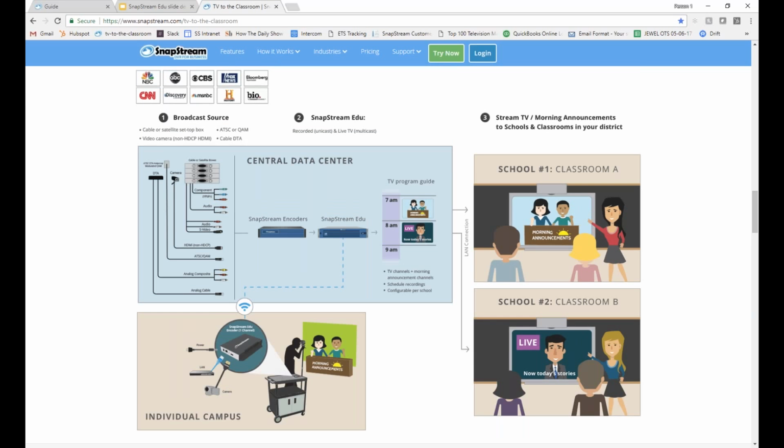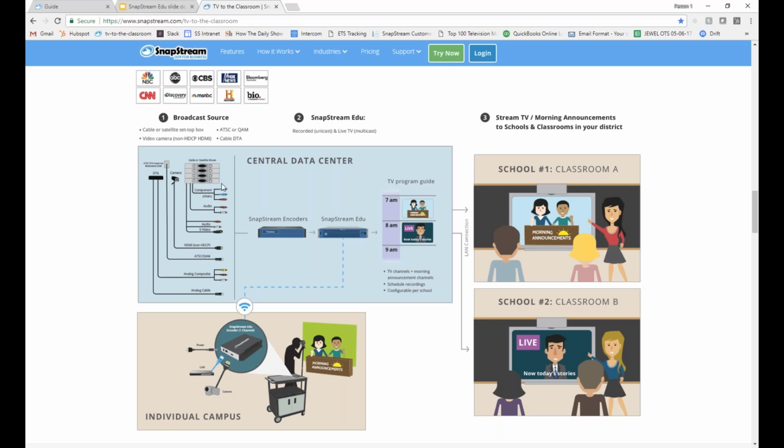So if you see this illustration real quickly, it is intended to illustrate that it's a 1-to-1 ratio in terms of sources related to the number of streams that you're sending out over your network. So in the case of this camera feed right here, that can produce 1 channel of internal content.